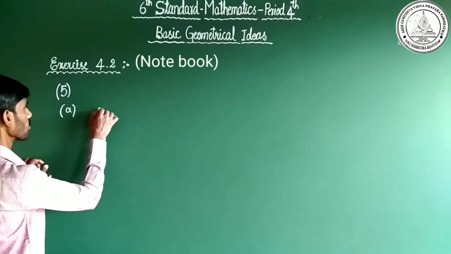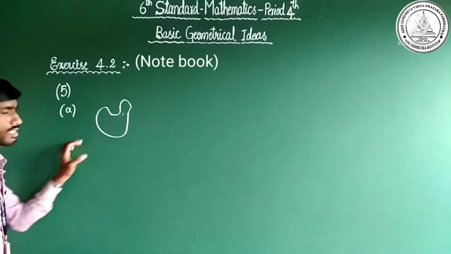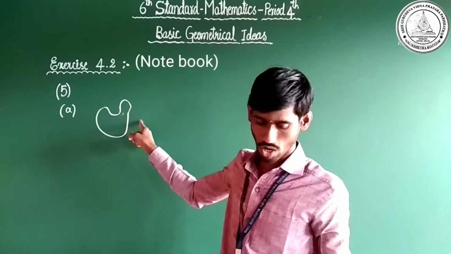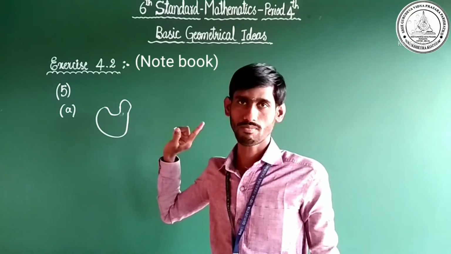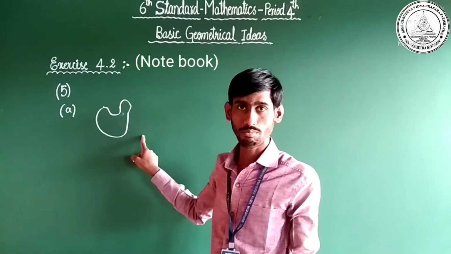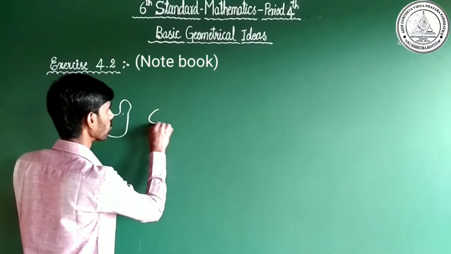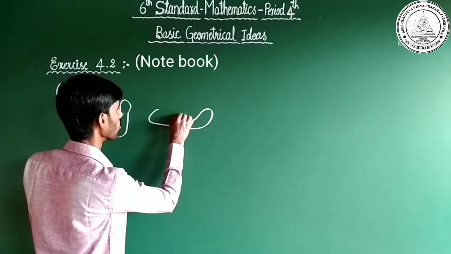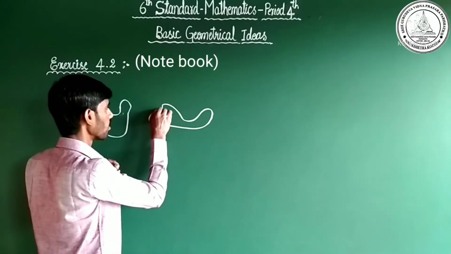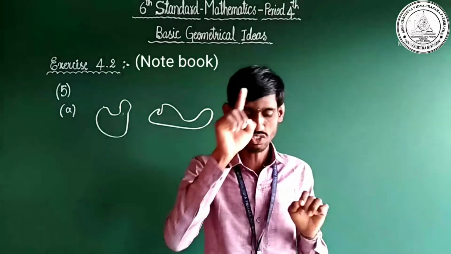The first answer is, see, this is an example of the first answer, because it is not a polygon but it is closed, because the starting point is here. It is not a polygon but it is closed. This is the answer. You may draw one more picture, no problem. It is also an example of a closed picture and it is not a polygon. Okay, dear children, next question.